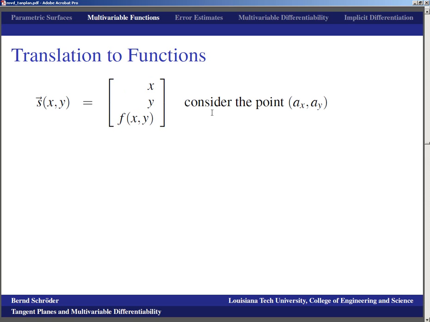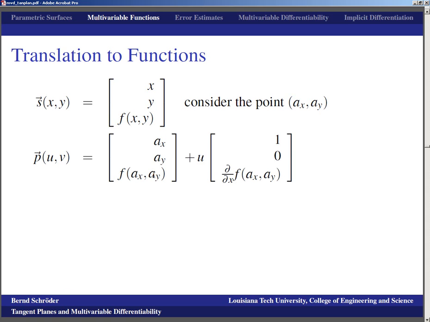Okay, so if we now consider the point (ax, ay), then the tangent plane of that surface of u and v, actually I call those variables now u and v, would be that I take my base point (ax, ay, f(ax, ay)), plus a parameter times the derivative of this with respect to the first